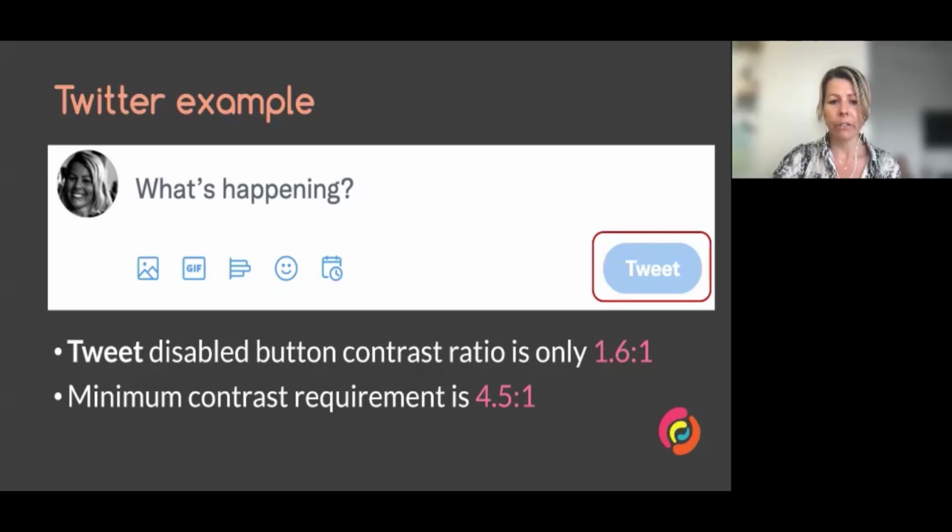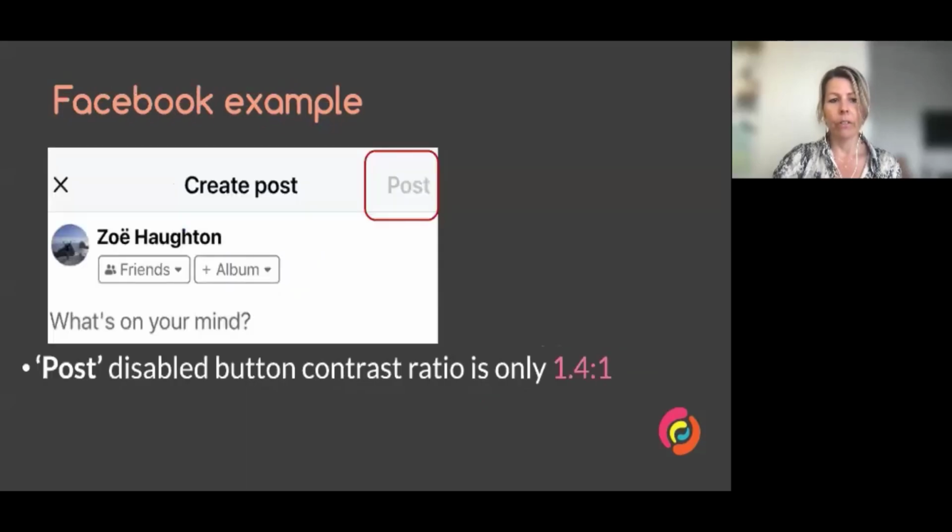So you can see there's a big difference in where the contrast should be. So same with Facebook. We have on the slide the dimmed or disabled post button, which is a very light gray against the background. And this has a contrast ratio of only 1.4 to 1.